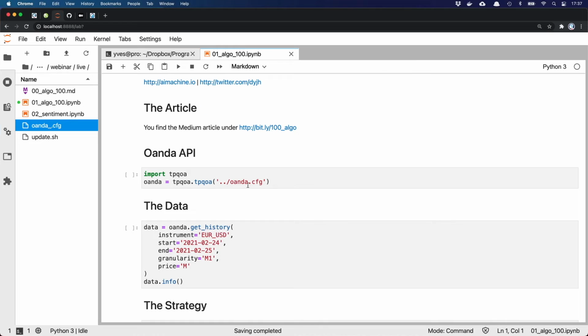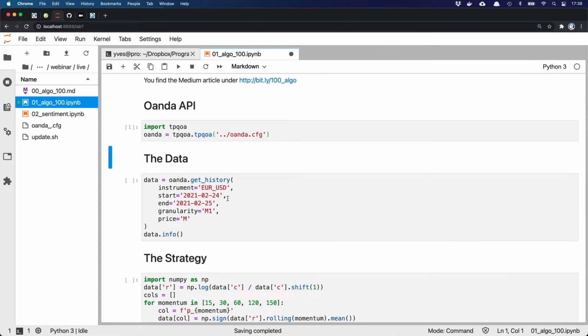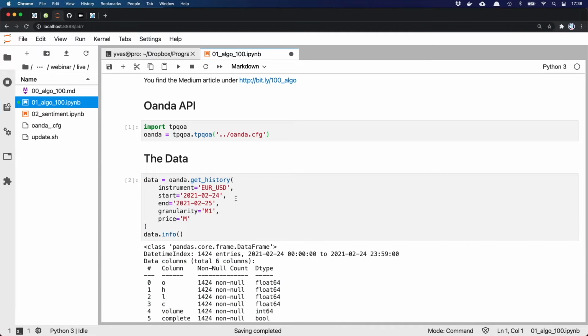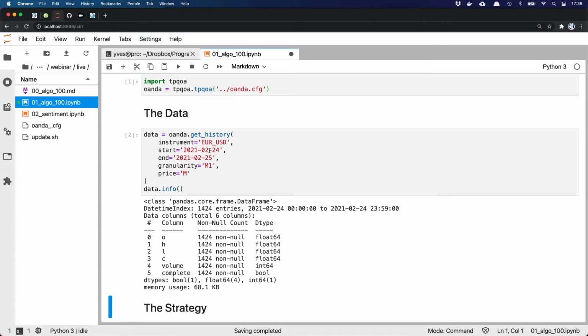This is accessed. I have my real configuration file one level up here, so I'm not accessing the sample one. This wouldn't work. I need the credentials, and here it's now connecting to the API, and I'm retrieving history. You see here 1 minute bars. I've updated the code here to a more recent time frame, actually to a pretty current time frame. This is for the 24th, yesterday, given that we have the 25th today, and we get some 424 minute bar values for euro US dollar.